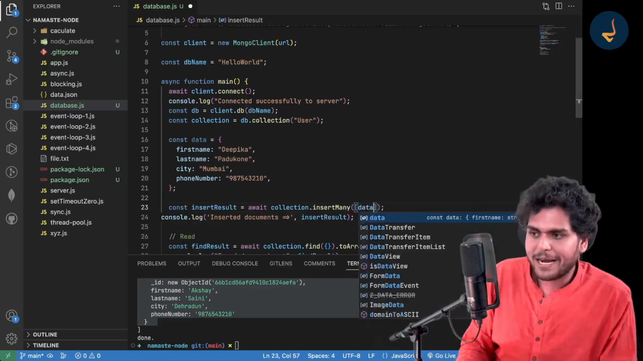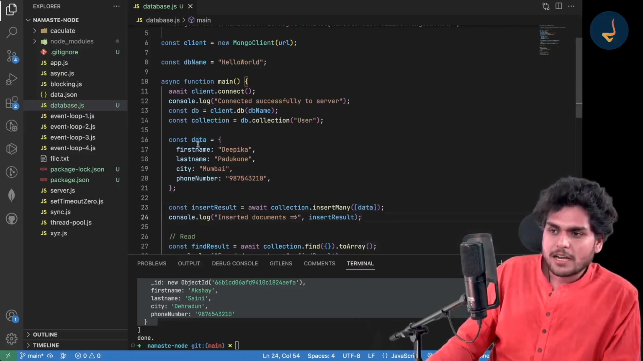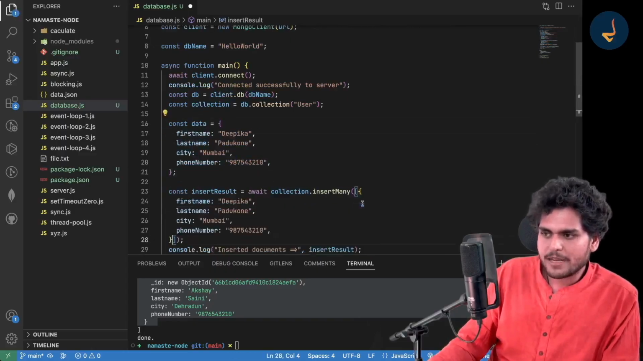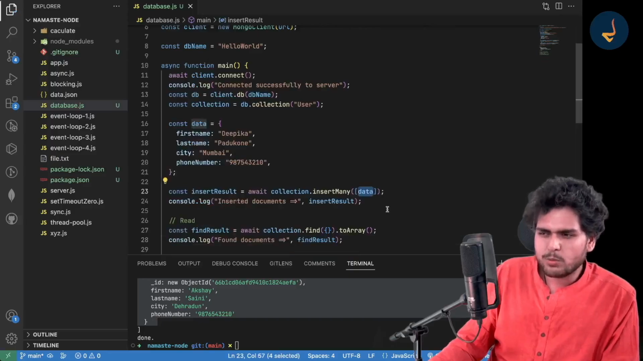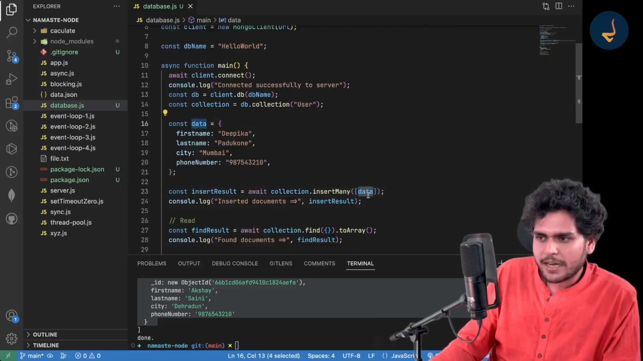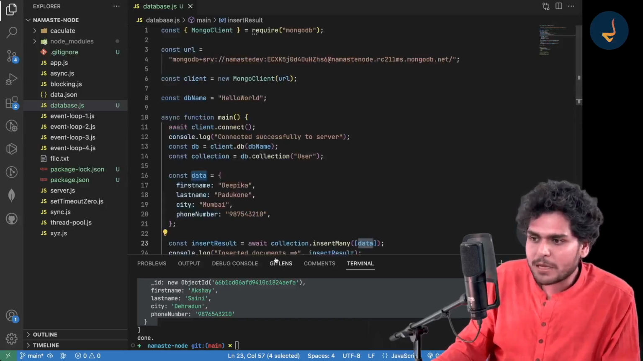I want to put my data into it, right? I can put my data into it. This is the data. You can also pass this data like this, right? But for the sake of better readability, I am creating a data over here. I am passing this data over here, and let's run this code and see what is printed onto the console